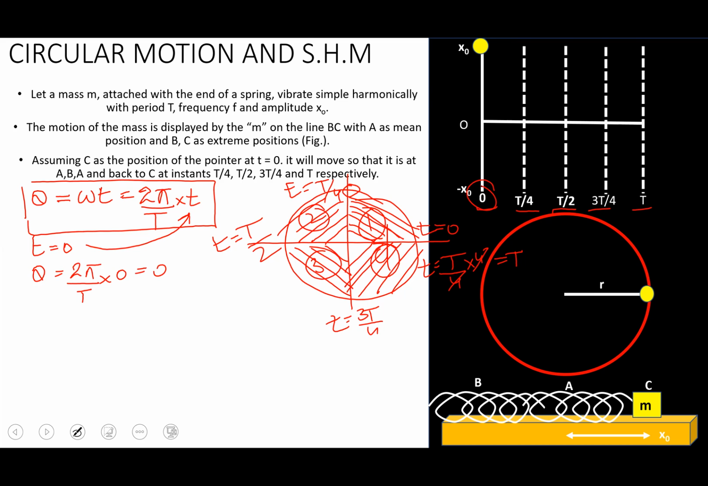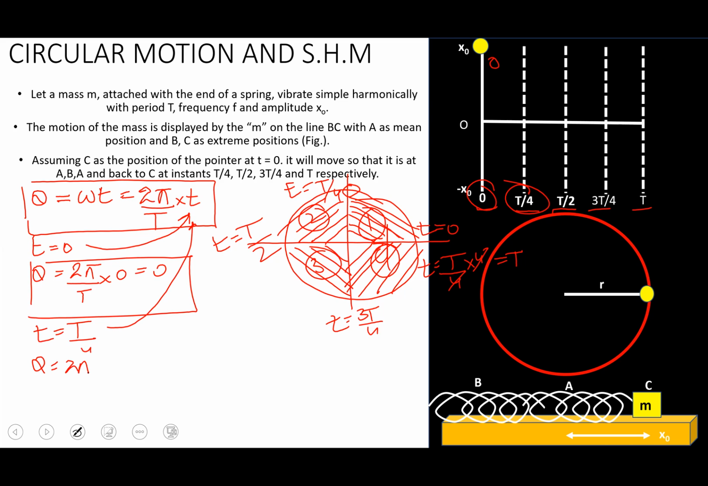So at 0 point t, we'll get 0 radian. This is for t equal to 0. What if t was equal to T by 4? Putting the value of T by 4 in the same formula, we get theta